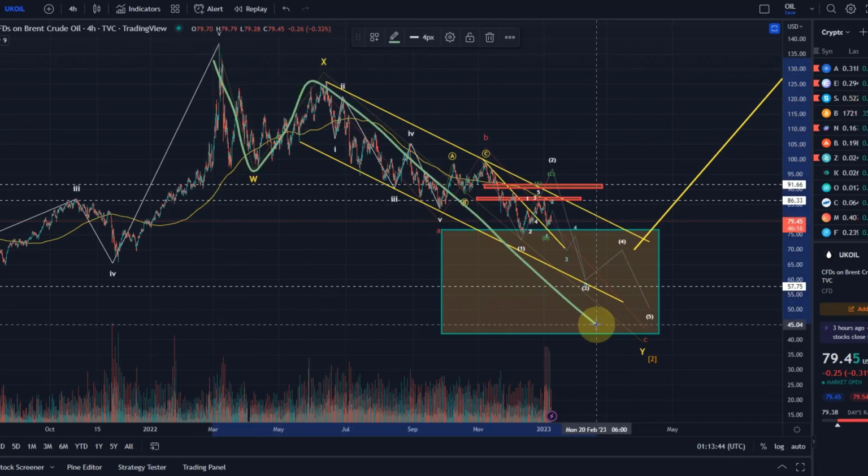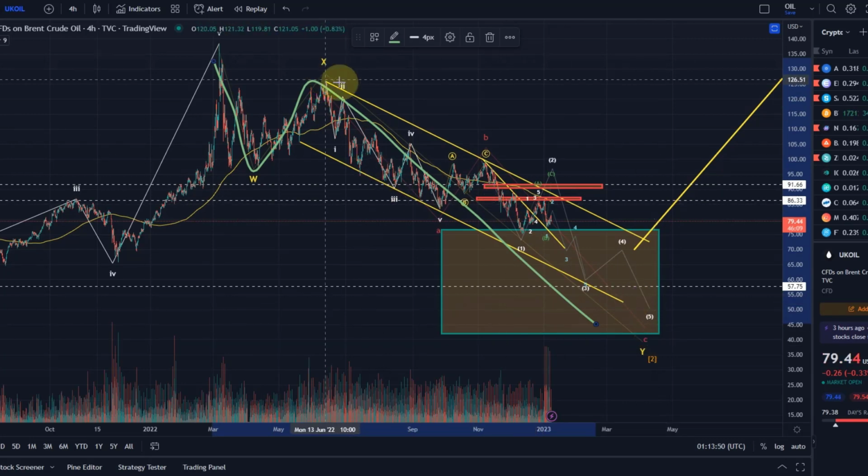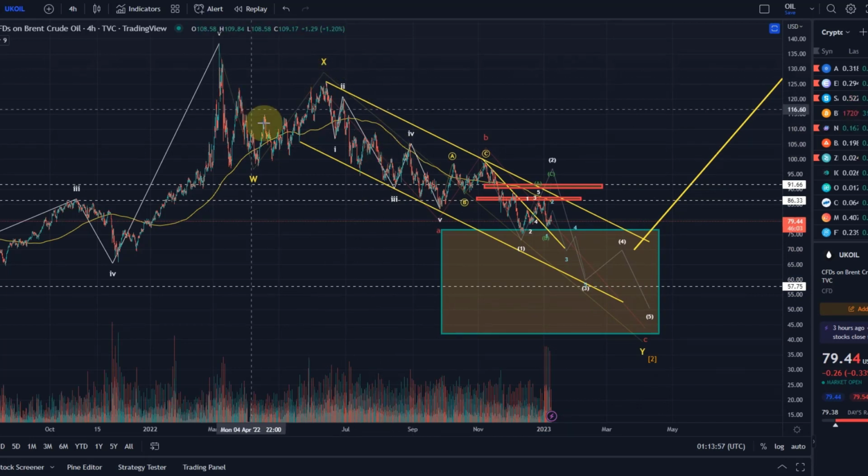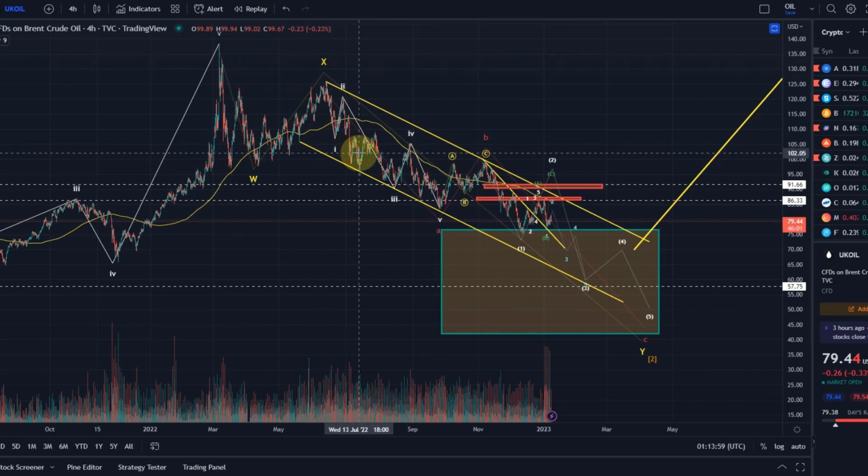It's a WXY pattern. There's also another idea I'm currently looking at. It wouldn't change anything, it would just clean up the chart a bit because this wave Y has become quite long. But don't worry about that. I might make a few changes to the higher level wave count, but it doesn't make a difference to what happens in the chart. So it's not a count change that I need to do because the chart does something different. It's more just to tidy it up and to keep it all tidy and correct.